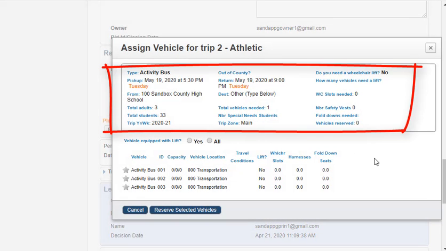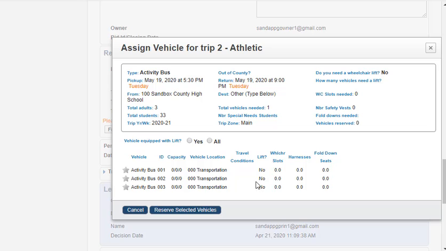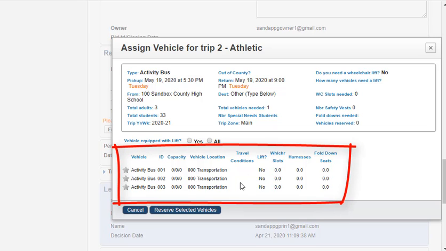In other words, the type of vehicle and whether or not a wheelchair lift is needed. So I can see this information here kind of summarized, and then I can see a list of vehicles that are available during this particular date and time. The travel tracker will not allow me to double book a vehicle. So if it's not already scheduled for a trip during this date and time, it's not going to show up